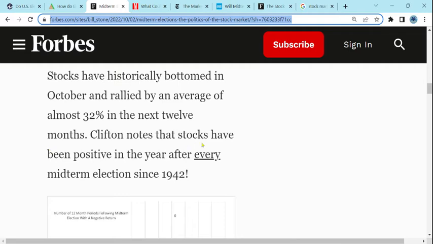So stocks have been positive in the year after every midterm election since 1942. So again, to answer this question on the impact of midterm elections on the stock market, whether it's attributable to the midterm election, they're pointing out that stocks have been positive in the year after every midterm election since